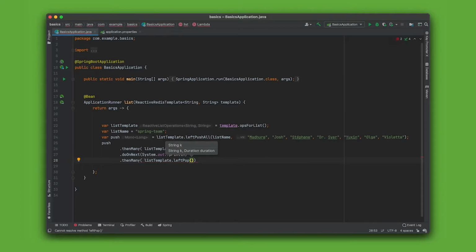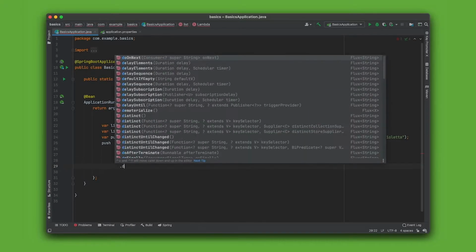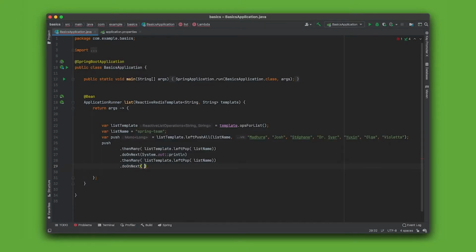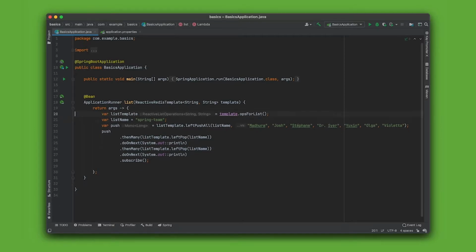I'm expecting now to get the second value from the right, right? So here I'll left pop the list name one more time, and I'll print that result again. So I should see the last two names in this list. And then finally, I'm going to force the resolution of the entire thing, right? So remember, I've got a bunch of asynchronous things that need to happen. I'm going to force their evaluation there. And so we'll see the two names at the very end, Violetta first and then Olga, get printed on the